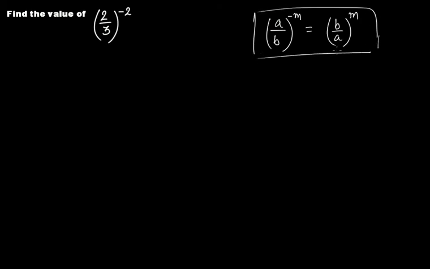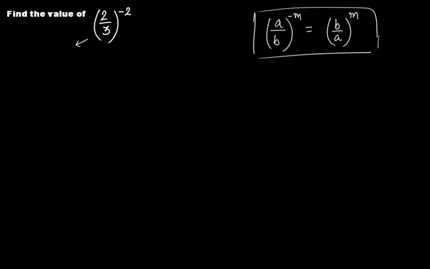Find the value of (2/3)^(-2). Now remember one thing, that if a number is of the form a by b and it is raised to the power of minus m, then straight write it as (b/a)^m. You can straight use this one also, but if you want to elaborate it and then write it, then we can do it here. Like this is (2/3)^(-2), so we can write it as